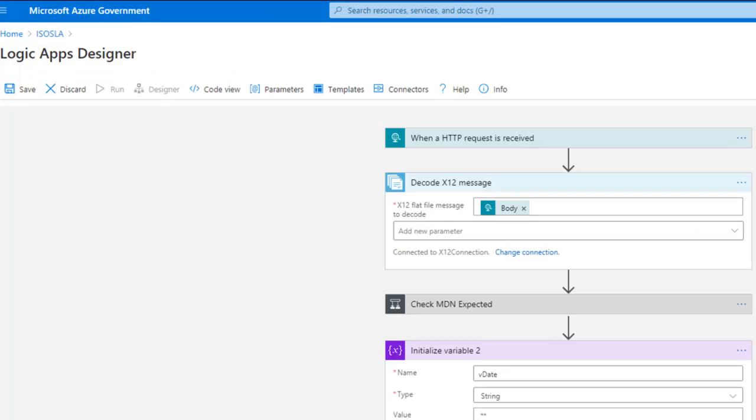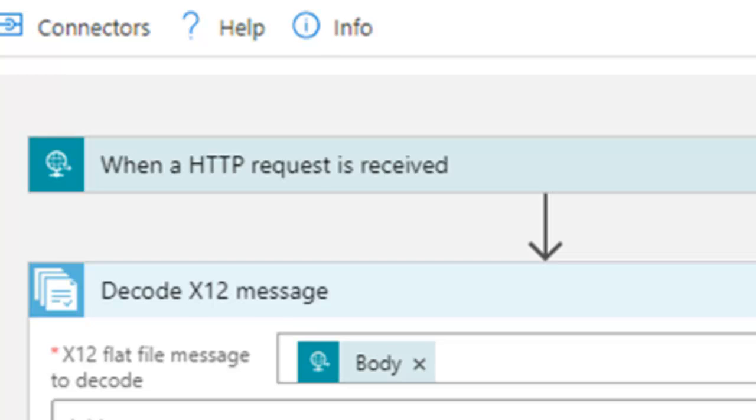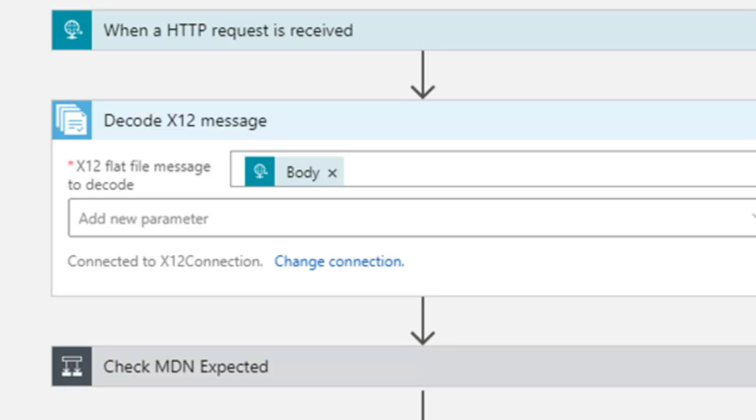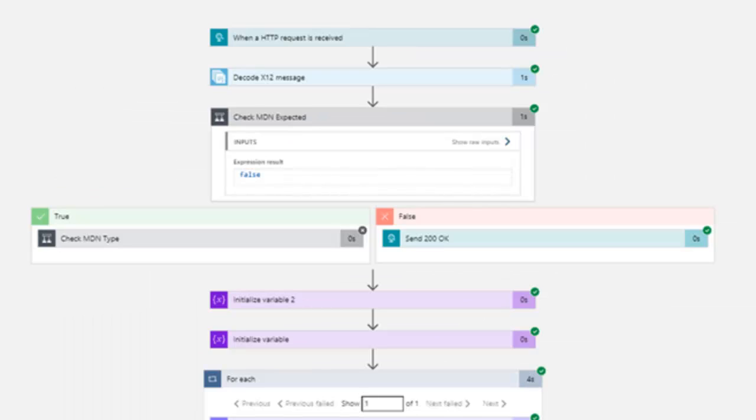Now let's see the workflow. This is the top of the workflow. When an HTTP request is received, that's the receiver. It pushes it further to the Decode X12 message connector, which does the decoding, and that's the whole thing there. I'll show you later how it does it. Then this CheckMDNExpected has logic in it. It expands here. That sends OK back if the structure of the request is OK, or failure if